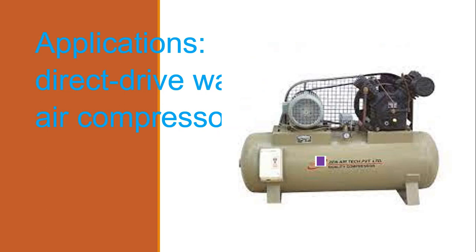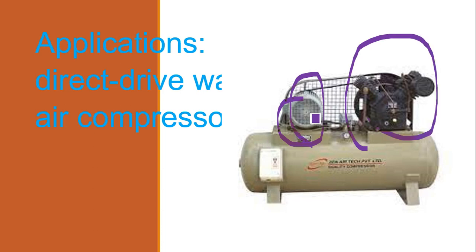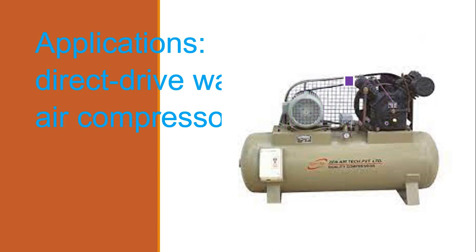Air compressors, you can see a picture of an air compressor. The motor is available here, and a rotary compressor is available, and the rotary compressor is driven by a belt, and this will be compressing air. Air can be taken out. You might have seen in bike or cycle workshops to remove the puncture, and you might have seen spray painting shops and all. This air compressor, why does it require CSIR?